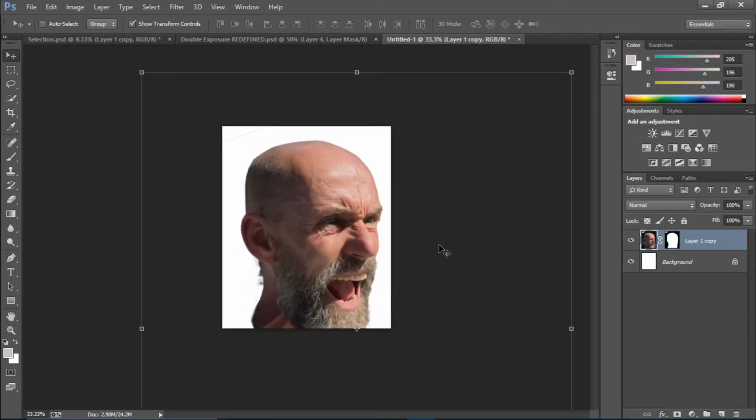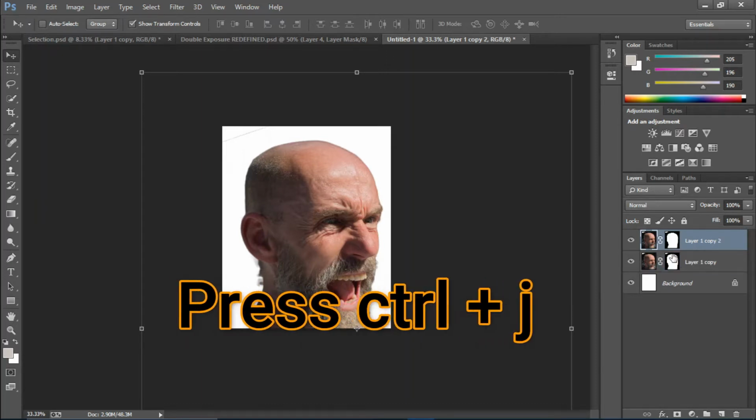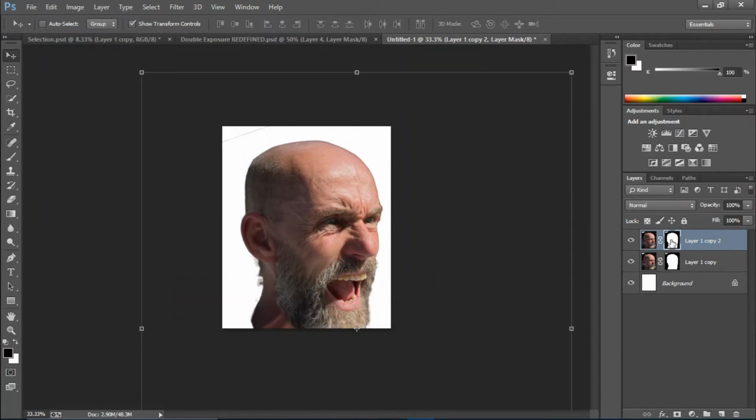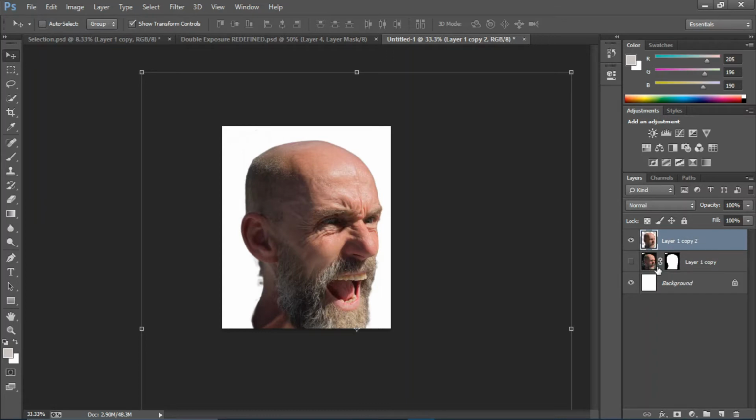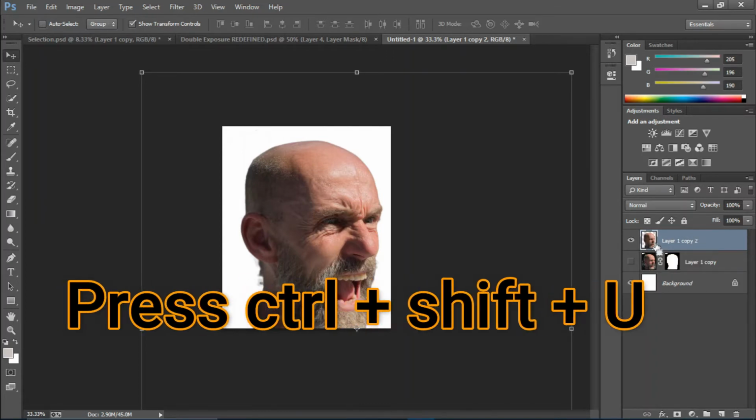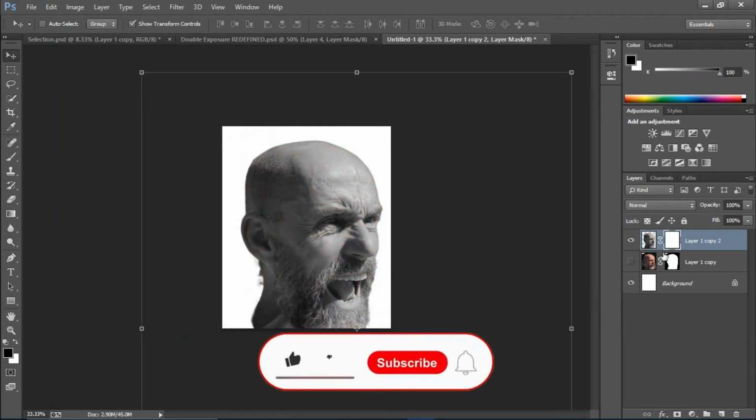The selection doesn't need to be perfect, but make sure that you select the main region that you want to apply the second image on. Okay, so what I did next was I just duplicated the selection, pressed ctrl plus J to duplicate, and I just turned off this layer and I applied the layer mask right there, and I pressed ctrl shift U to desaturate the image,